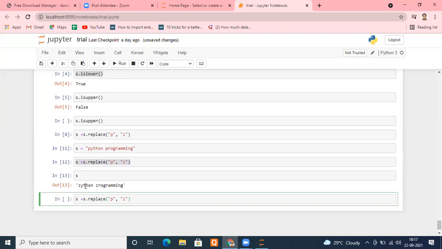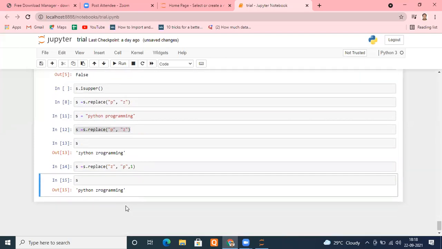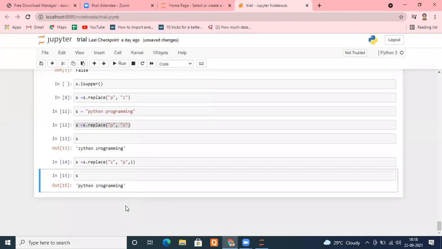You want to replace the starting Z with the P. So put Z here, put P here, and specifically mention 1, that you want to replace only the first occurrence of the Z, so that this Z remains as it is and this Z becomes P. Okay, we did that. Let me check, we should get Python zogramming. Tell me please. Good, Harris. Check it, everyone, please.